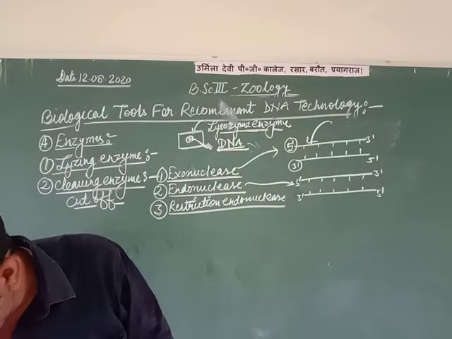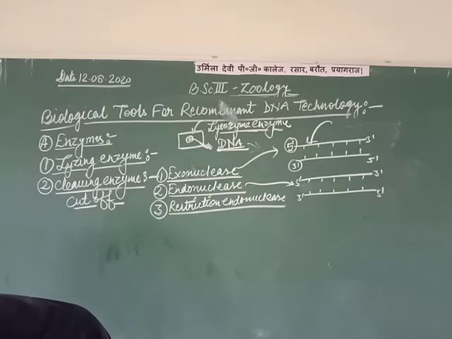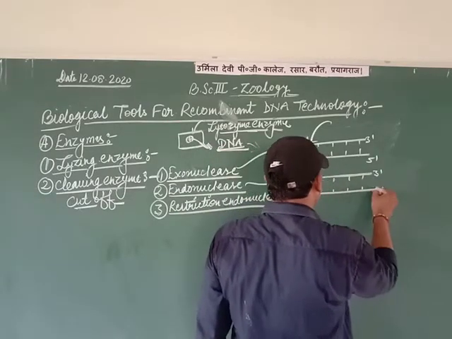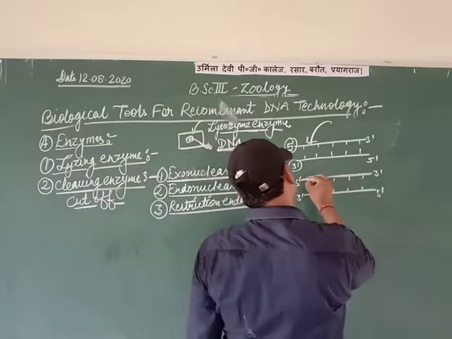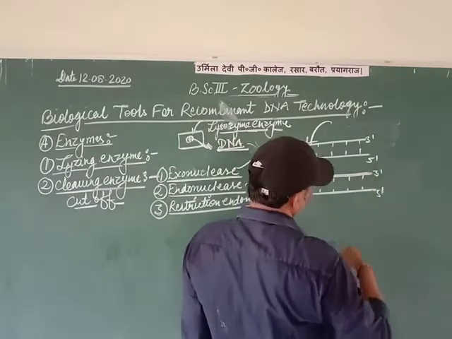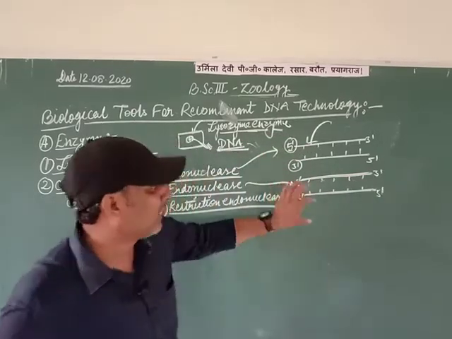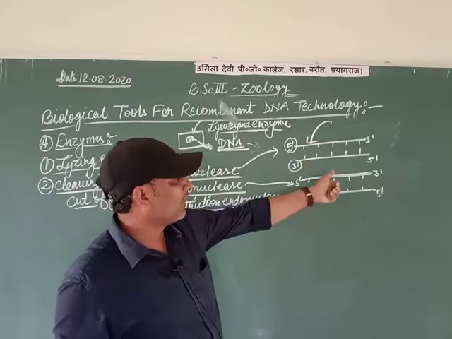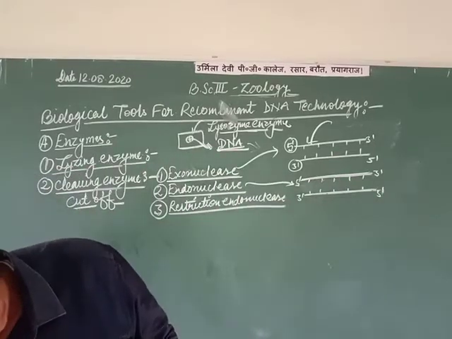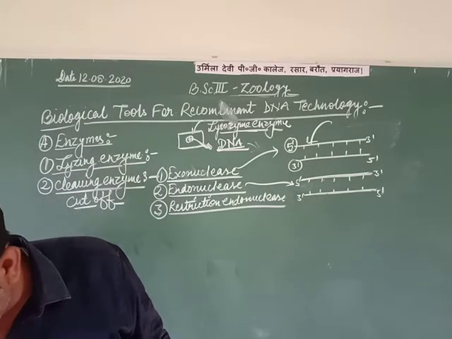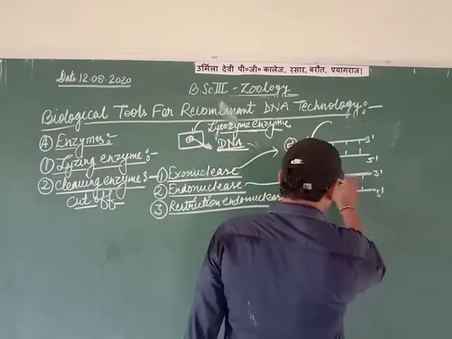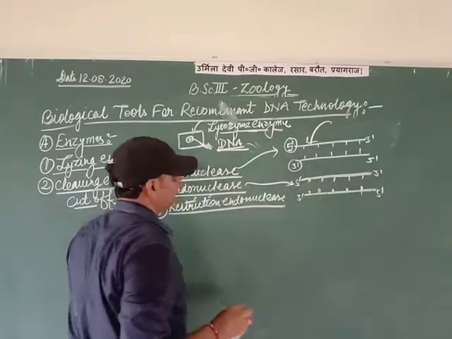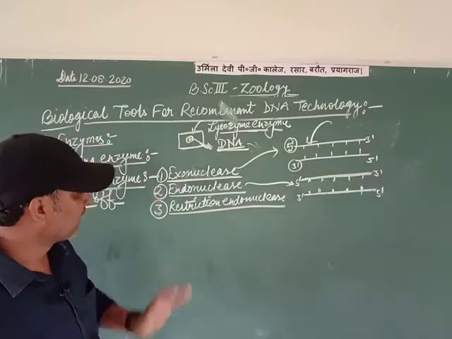डुप्लेक्स में ये किसी एक एंड पे ही, मतलब कि they cut only one of the 2 strands of the DNA, ये कोई एक स्ट्रैंड को ही ये काटेगा किसी भी पॉइंट से, यहाँ से ये डुप्लेक्स में या तो इसको किसी भी जगह से कहीं से भी ये काट सकता है। इन दोनों में आप अंदर समझ सकते हैं, कंपैरिजन आपने किया। लेकिन ये इस डुप्लेक्स पे any point, one of the 2 strands of the duplex, they cut only one of the 2 strands, किसी एक स्ट्रैंड को ये यहाँ से कट ऑफ करेगा। तो ये जो वर्क होता है वो इंडोन्यूक्लियस एंजाइम का होता है। This is the endonuclease enzyme.